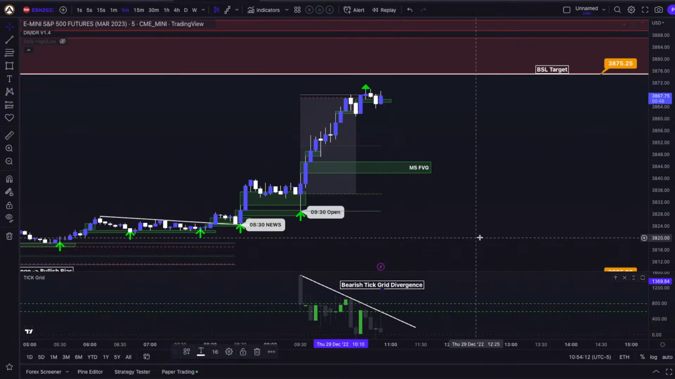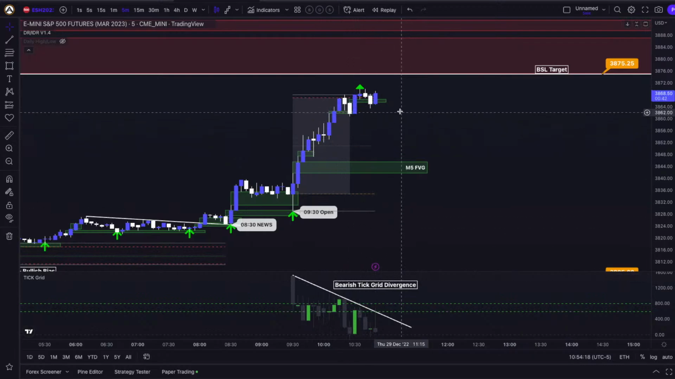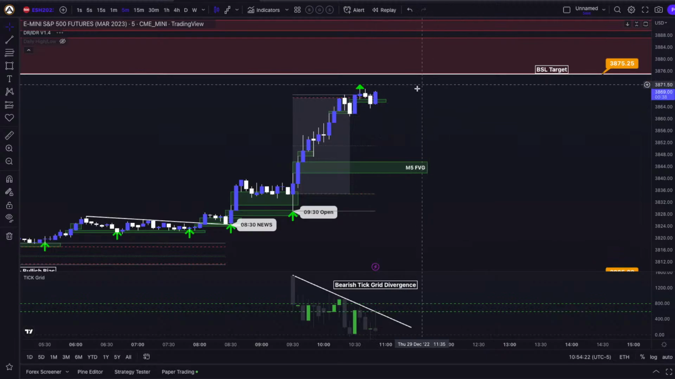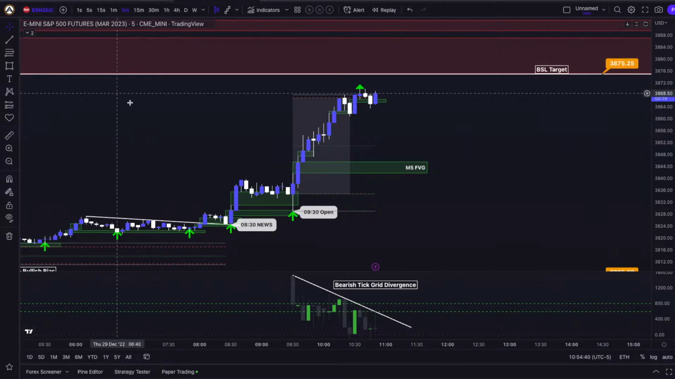All right, beautiful. So even though we have this massive bearish tick grid divergence, we could still see our buy side liquidity target to be hit. So if you're already in a position, maybe from our 9:30 open or this fair value gap, or maybe even this very small fair value gap, I'd say I would use this area, 3875 and a quarter, as my overall